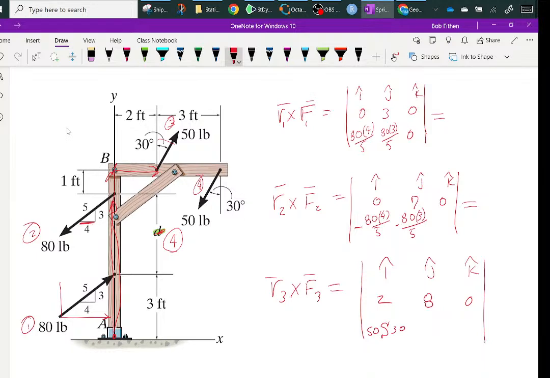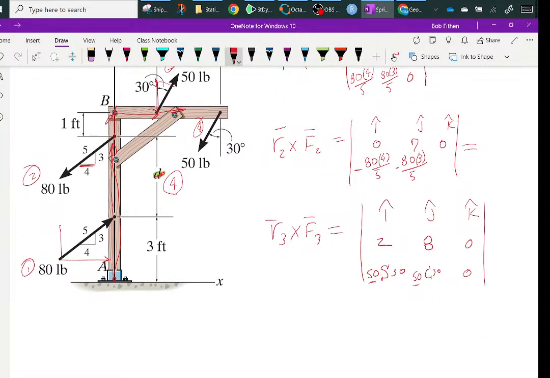And then it goes up with 50 cosine of 30, and doesn't have anything there. And that's the vector that goes to the right and then goes up, and it's the 50. That's a 50. So finally, R4 cross F4 is going to be a vector